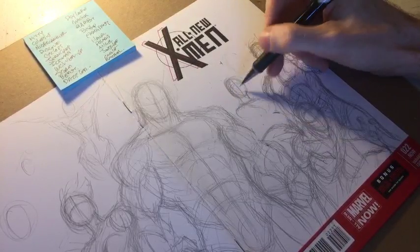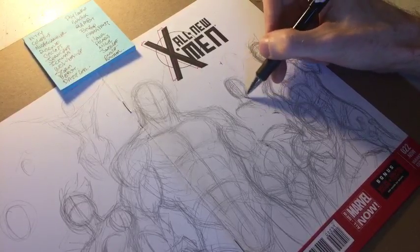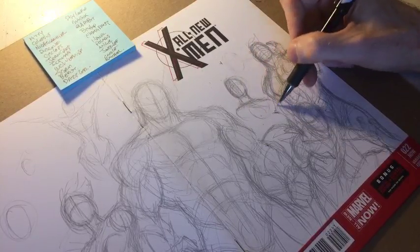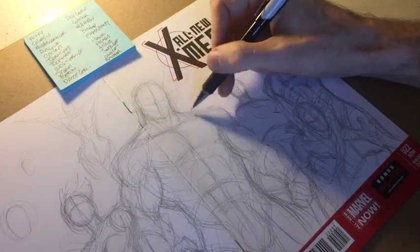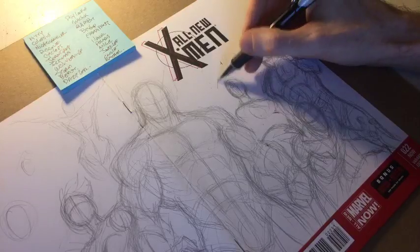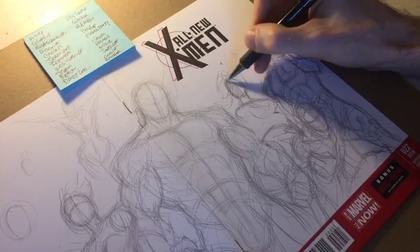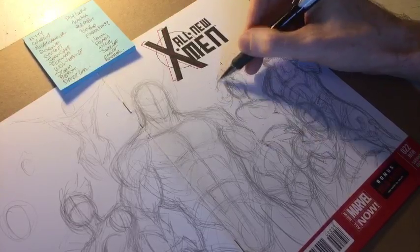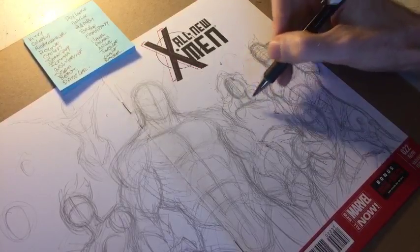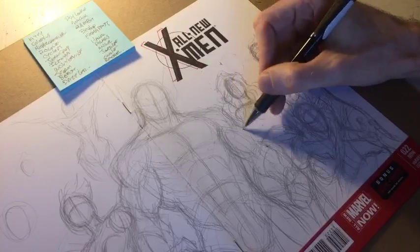Oh, but Jean's body faces Cyclops, but her head is turned a little bit towards Wolverine. Oh, what is Jean thinking? Is she torn between two men who vie for her affections? The answer is maybe so. Get that Jean Grey flip that starts at the hair, and whoop, there goes the hair, there go the bangs. Then I've got to put her hand up by her temple here as she's